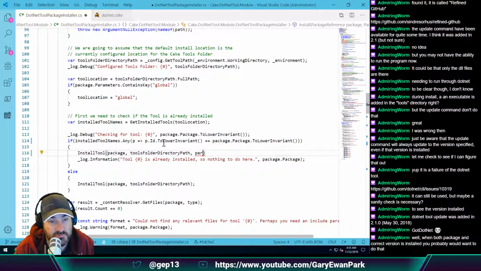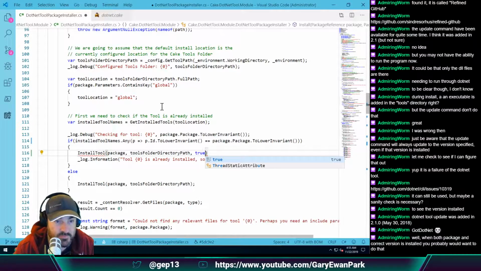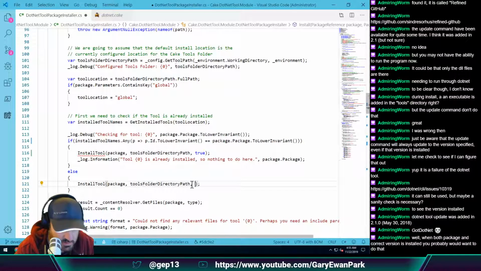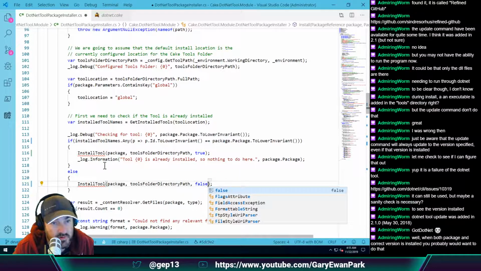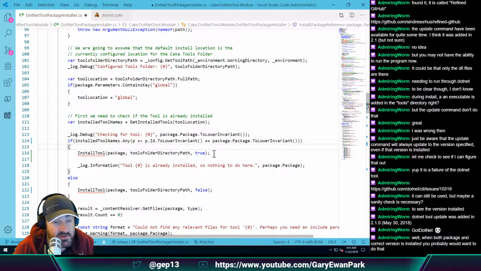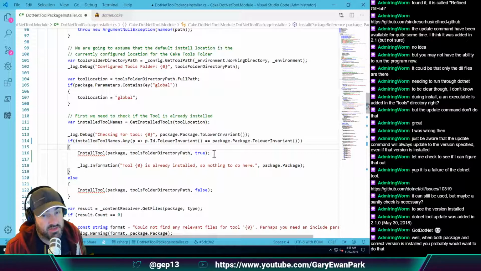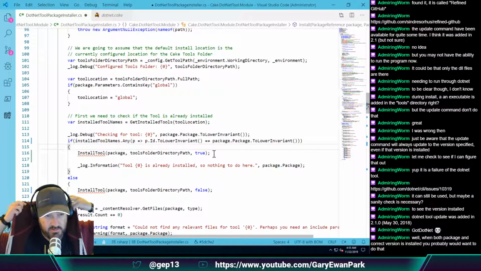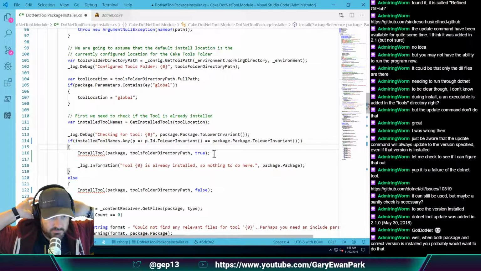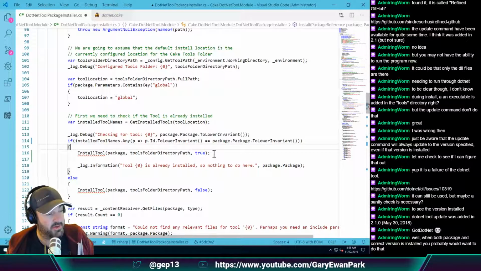Oh, so this is going to be true. And to be explicit, I'm going to put this in here as false. Right? And basically, I'm going to have another if statement in here that says if the requested package version is the same as the one that's already installed, then don't do it. But if it's different, and more importantly, if it's higher, so what does